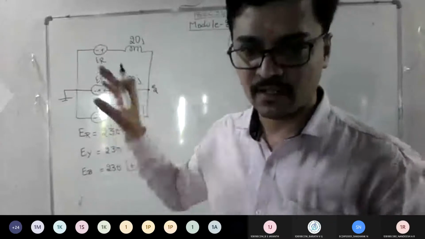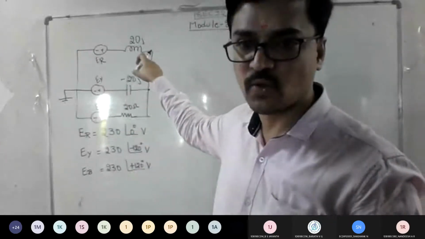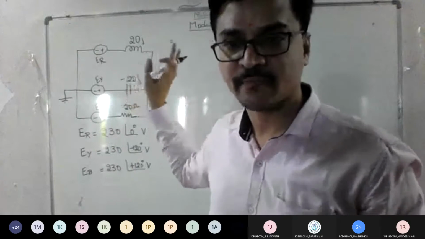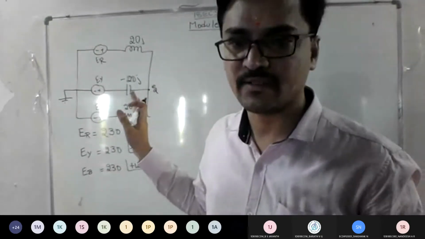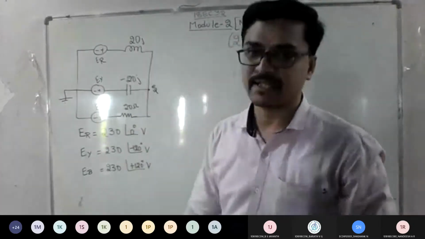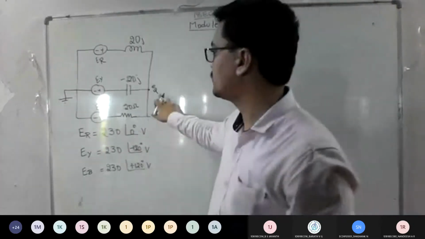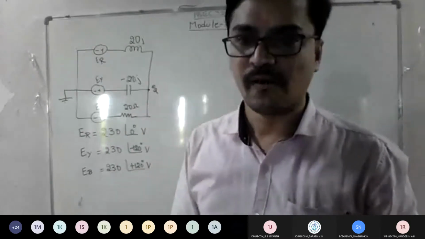So this is the first change you should do. Whatever network is given, draw it there. That carries marks after changing this 20 ohm to 20J and minus 20J. So this also carries marks. So don't write the things directly, everyone. Each step carries marks. Draw a diagram. Get the things. They asked you to find Vs, nothing but this voltage.